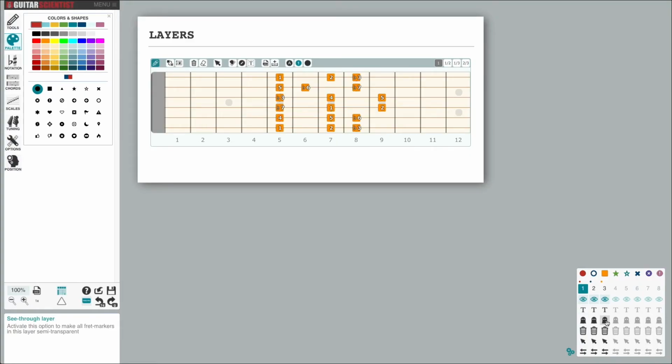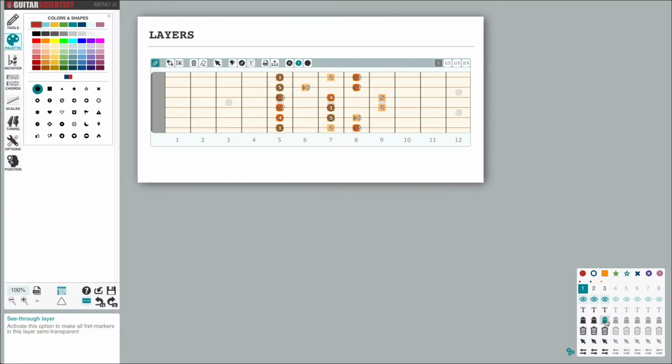The second icon makes a layer semi-transparent and can be useful if I want to see through the markers of a layer but I don't want to move it. For instance, in this case, instead of placing the scale on layer 1, the one at the far bottom on top of which all the others sit, I placed it on layer 3 with big square orange markers that cover everything else. To solve the problem, I can obviously turn off the layer, or I can make it semi-transparent by clicking on the small ghost icon.